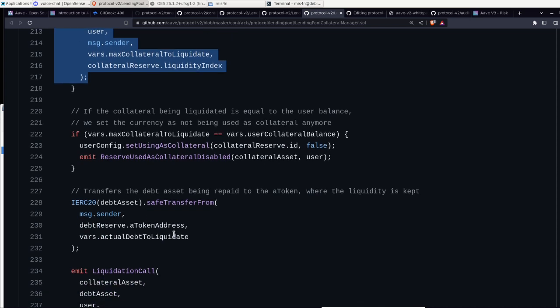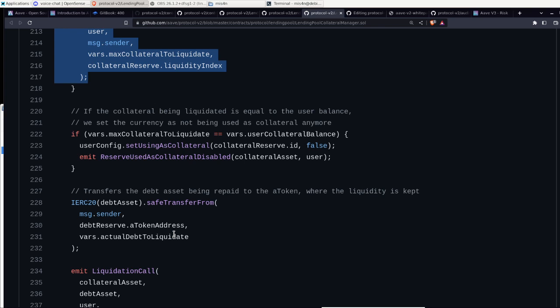And here what we do is we check to see if the max collateral to be liquidated is equal to the user collateral balance. If that's the case, we're going to use this asset as his collateral on the configuration.